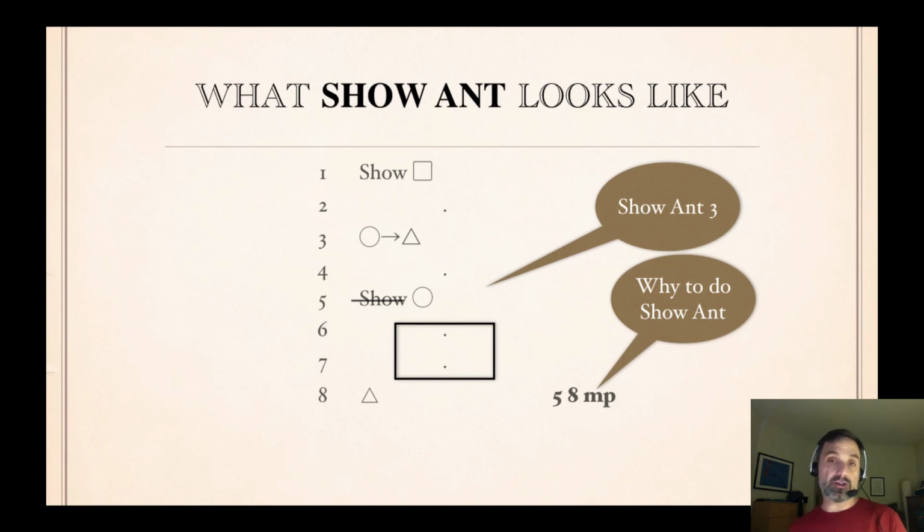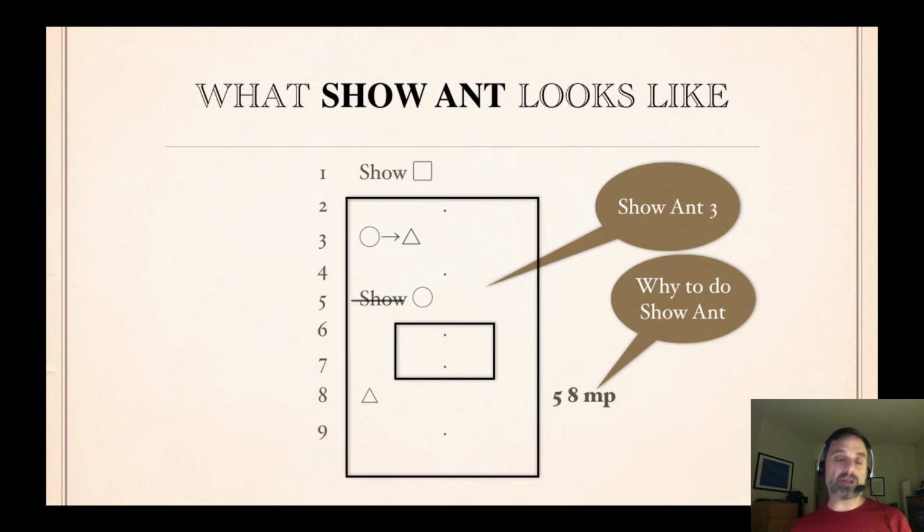Now, does triangle let us finish the derivation? Who knows? In our case, we weren't immediately done with the derivation. We had to do some more inference rule applications. And in bigger derivations, you'll have to do more subderivations, even after you complete the show ant subderivation. So the derivation will continue, but at some point it will finish,